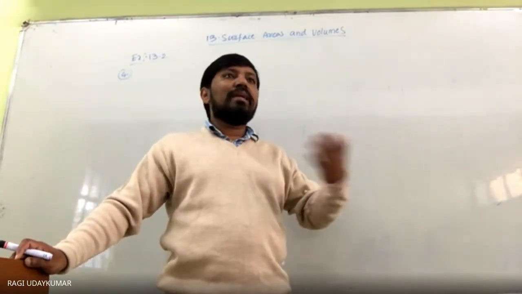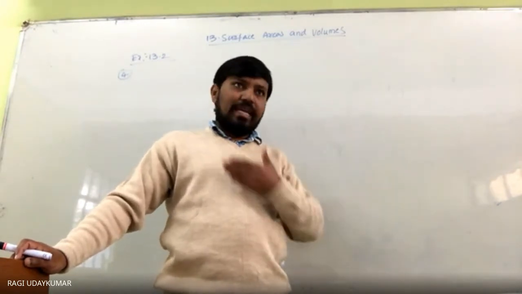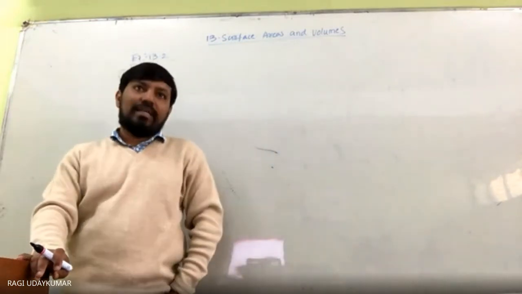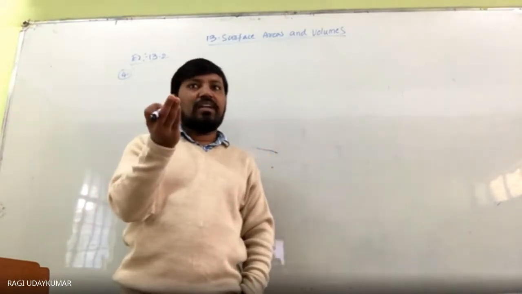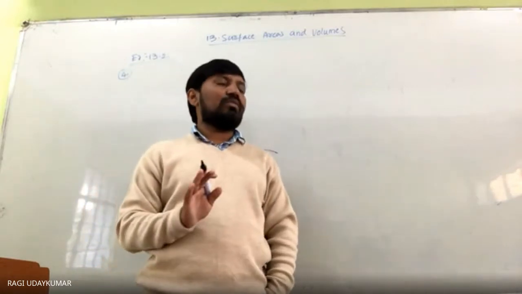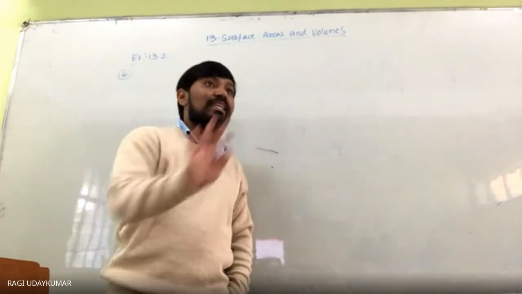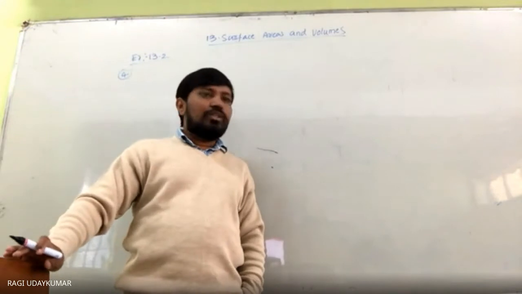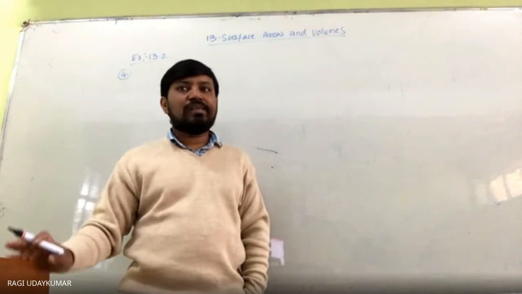So 500 complete revolutions. One revolution is nothing but one curved surface area. The curved surface area of the cylinder is equal to 2πrh. Diameter is given to you. The main thing everyone has to remember is that in these situations diameter will be given, and in confusion most students will consider it as the radius. That should not be done. And height is equal to 120 centimeters.